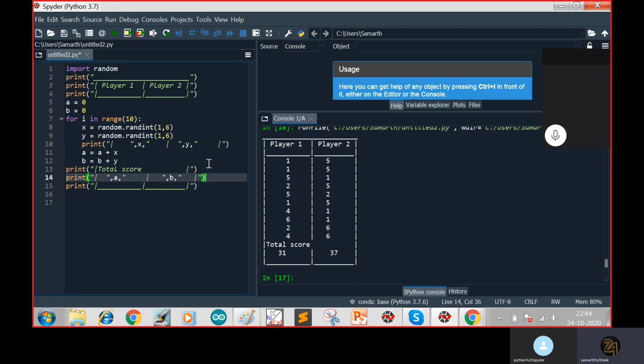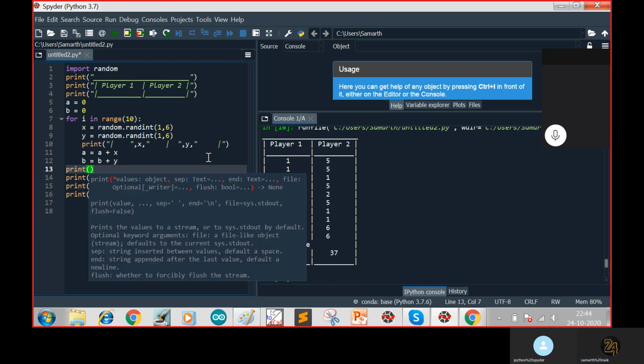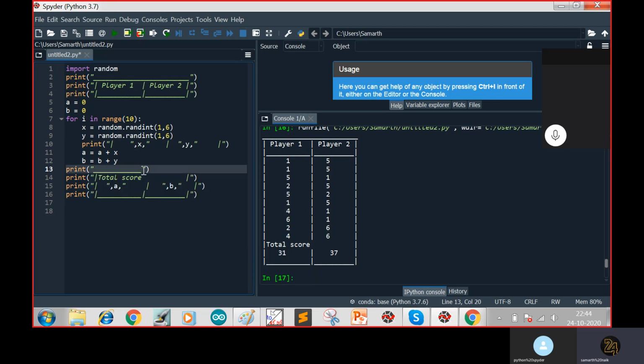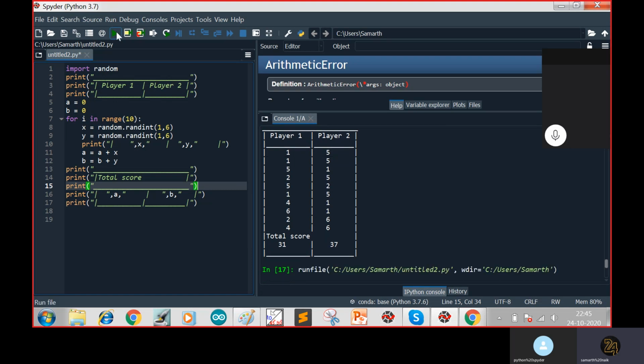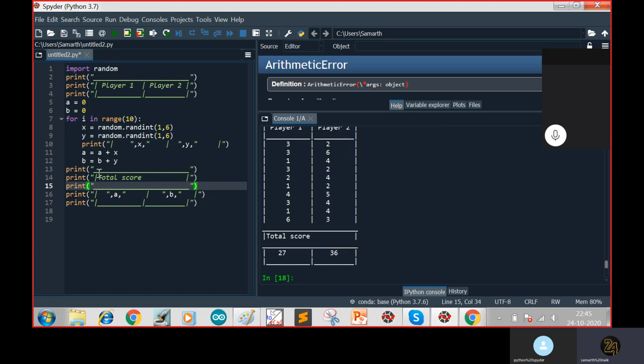So if you're feeling too congested for this total score, what you can just do is print this here. So it won't feel congested. Like it just looks so weird. So I'm just adding a line here. If you don't want it, don't keep it. It's just for display purposes, so it looks more neat. Because what we do in the table, the same thing we're going to follow here. So that's what it should look a bit like.